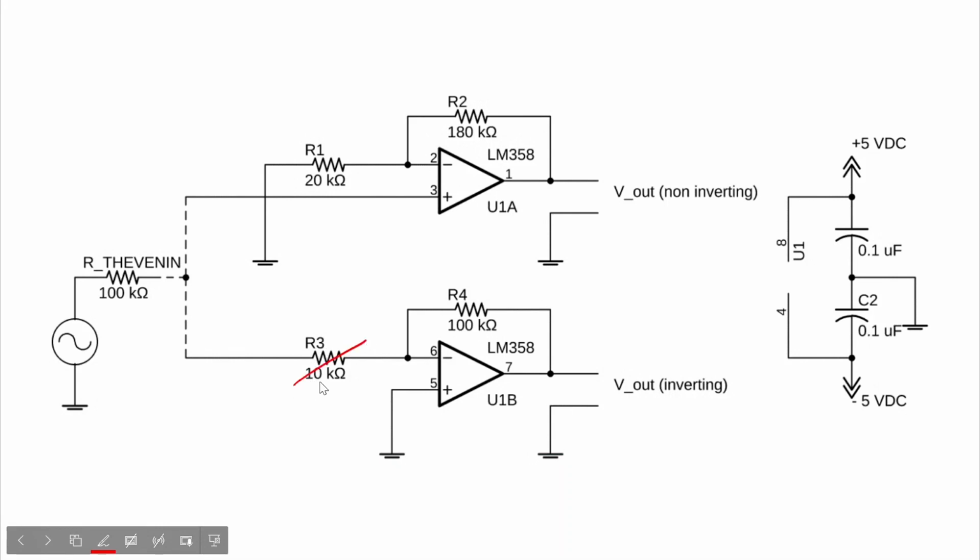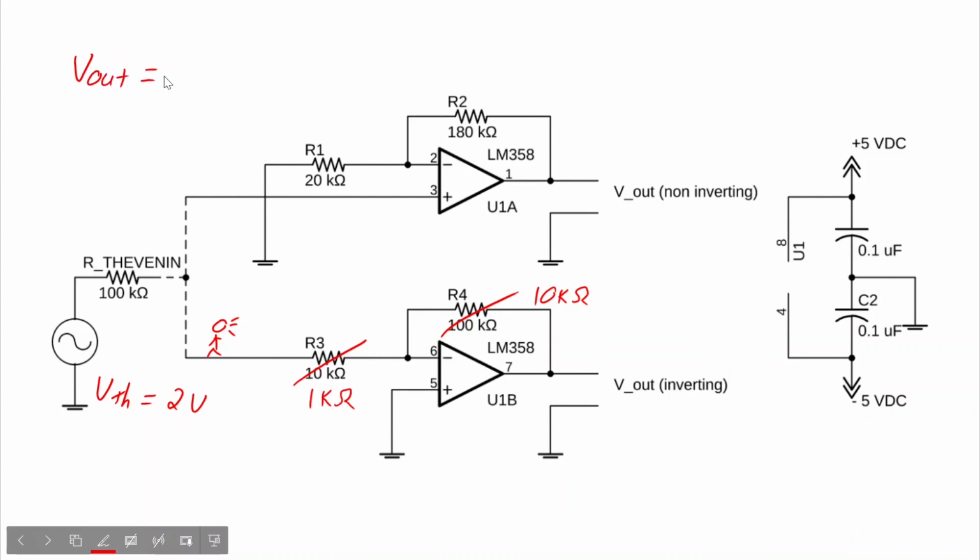For example, let's change this to 1K and this to 10K. You'll notice that this hasn't changed the gain of the amplifier. However, it has certainly changed the input impedance. So now instead of seeing 10K, you see 1K. Watch what happens when we use the same Thevenin voltage. So we'll let V Thevenin equal 2 volts, which gives an output voltage